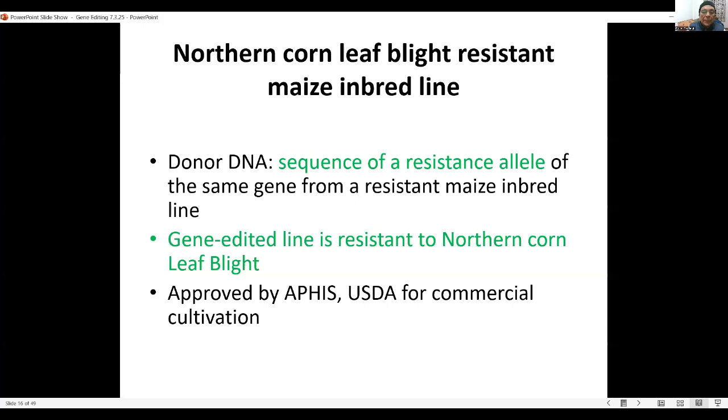So what was done was that donor DNA was used for homology-directed repair. This donor DNA has the sequence that is present in the resistance allele and responsible for resistance. This donor DNA was used along with the SDN to produce a genome edited line that was resistant to northern corn blight. And this gene edited line has been approved by APHIS, USDA